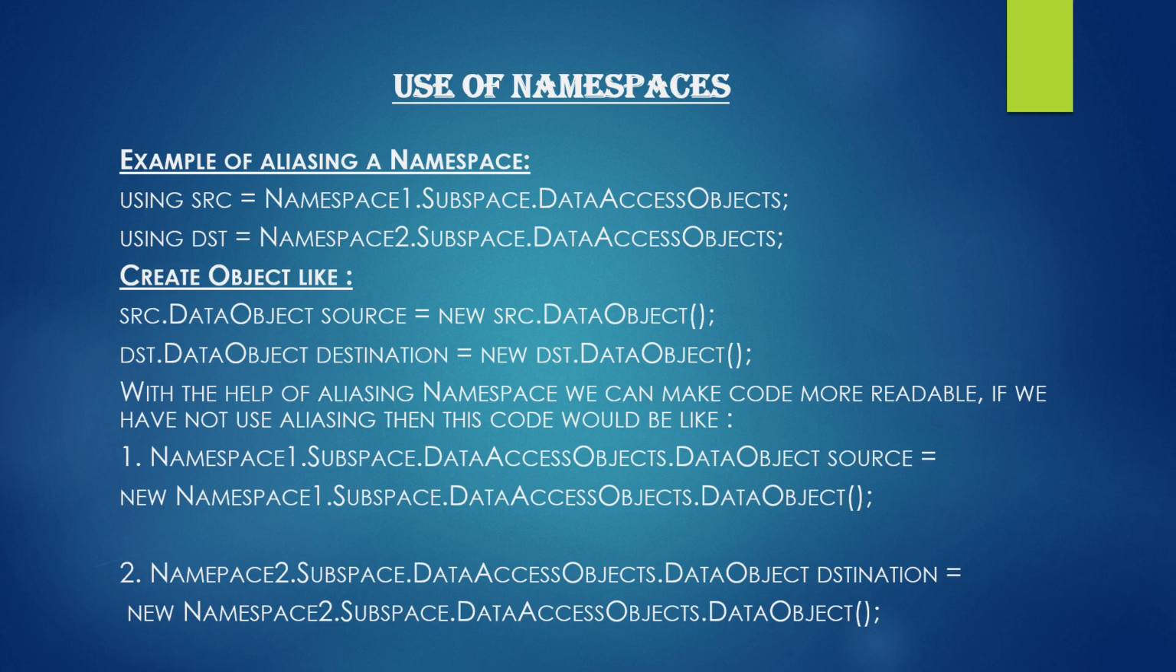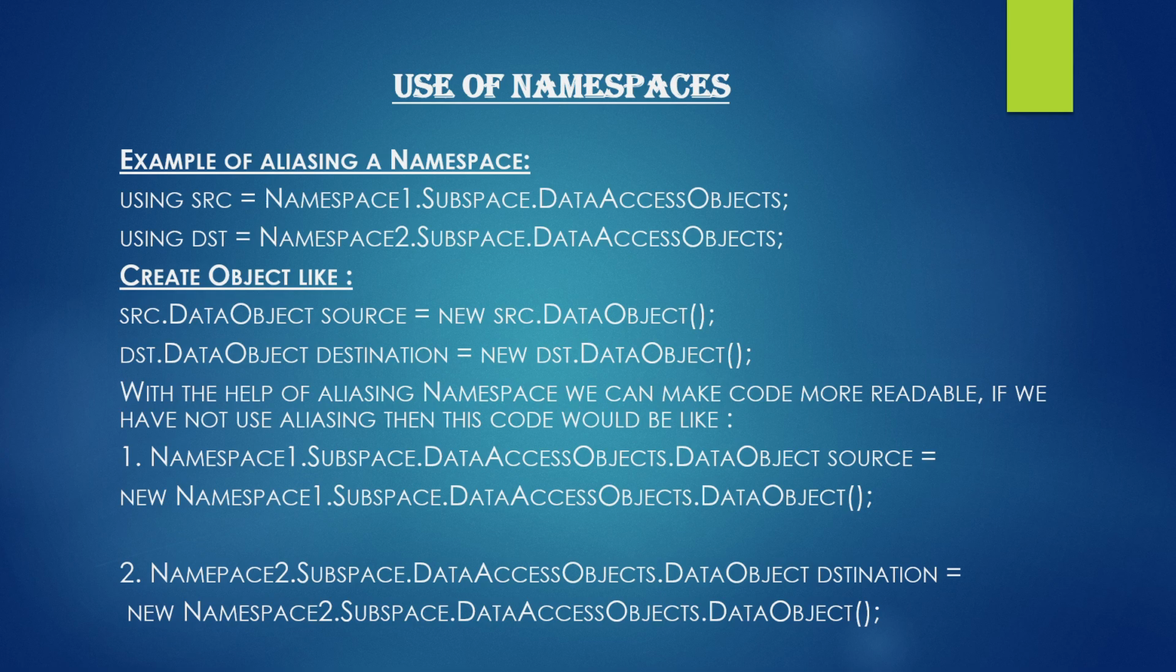And here I am also showing you another use of the namespace, as we have already discussed, the aliasing of the namespace. So suppose we are using aliasing for the namespace. Here are the two namespaces: using src equal to namespace 1 dot subspace dot data access object, and another one is using dst equal to namespace 2 dot subspace dot data access objects. So now if we are going to create the object, then we will use directly